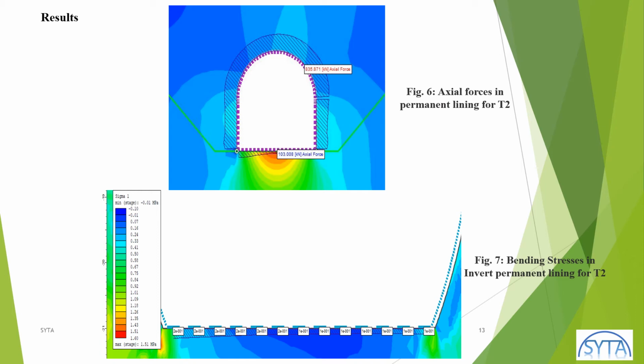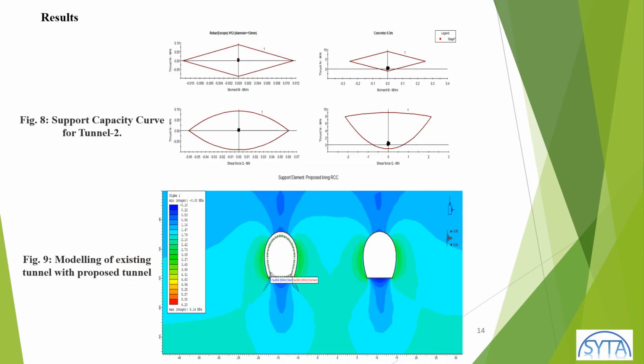Now if I talk about the results, we can see that due to this arc-shaped overt portion, it uniformly takes the axial forces in this permanent lining with a value of around 835 kilonewton, and 103 kilonewton is from the base reactional force. The bending stresses, due to this shape, come to a very low end, very low in comparison, which I will discuss with the comparison with the rectangular cross section.